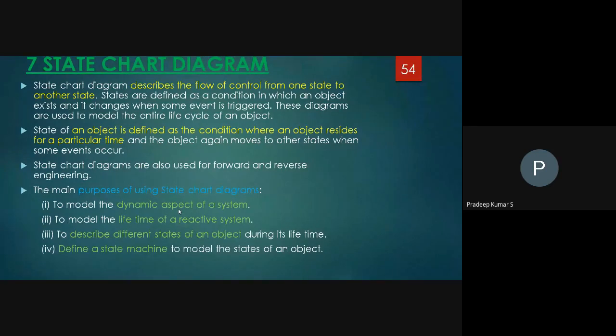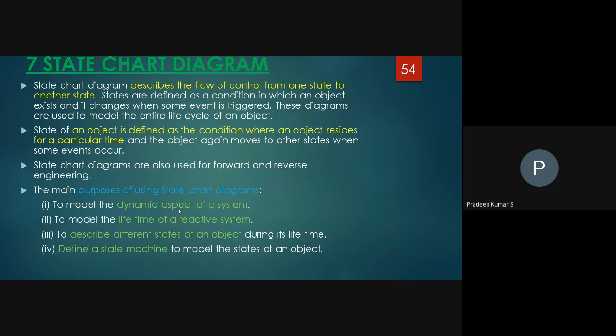So that is a state chart. The main purpose of the state chart diagram is what? It models the dynamic aspect. Again, I told you the state chart diagram, activity diagram, sequence diagram and collaboration diagram all come under dynamic. Don't forget this, because many times they ask in the university exam to give an example for a dynamic diagram. During evaluation, some students are not able to answer. So again I tell you, it is the dynamic aspect of the system.